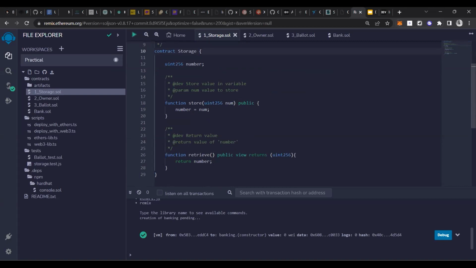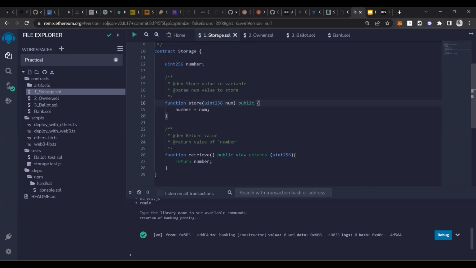Here we mention the contract keyword and the storage keyword. Here we initialize the number, then we make a store function. The visibility is public. And why are we not returning anything? Because this function does not return anything; it updates the existing blockchain.